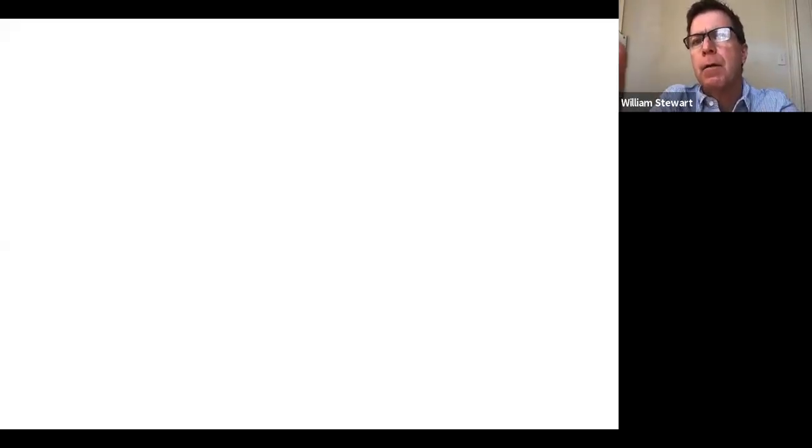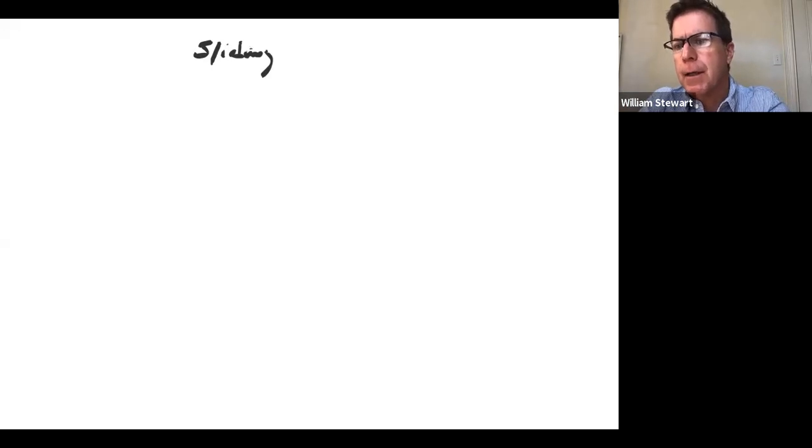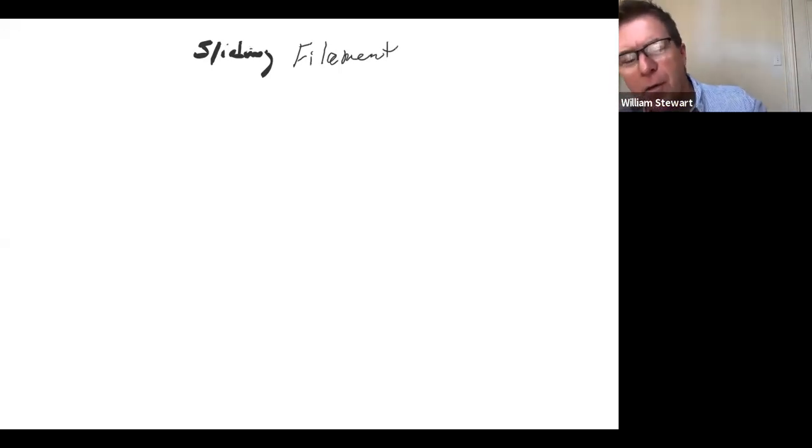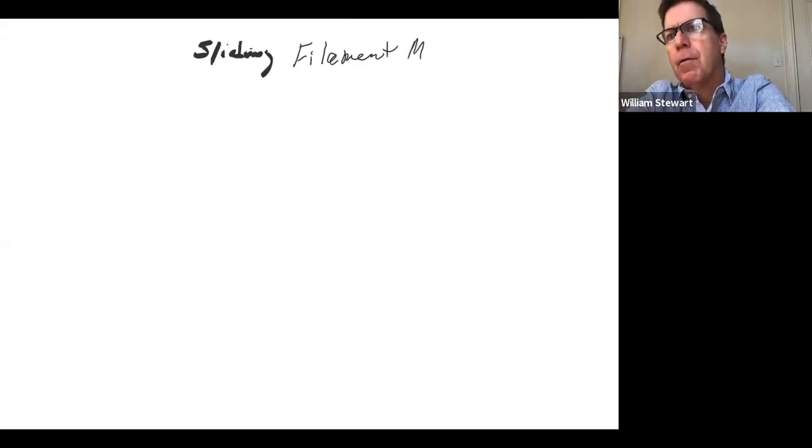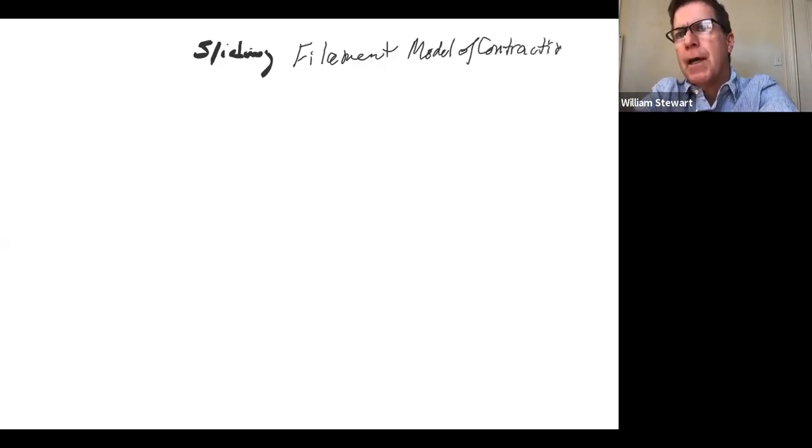Let me get a pencil here. Let me see if I can fix this weird font. Yes, I can. There we go. It's supposed to say sliding filaments. Sliding filaments. It's a theory, but it's also what they call the model, M-O-D-E-L, of contraction. I just write these titles out so that you can follow along in your book as to what section